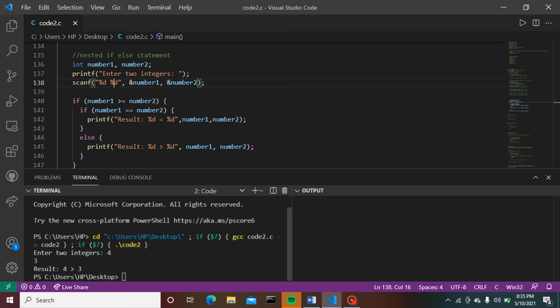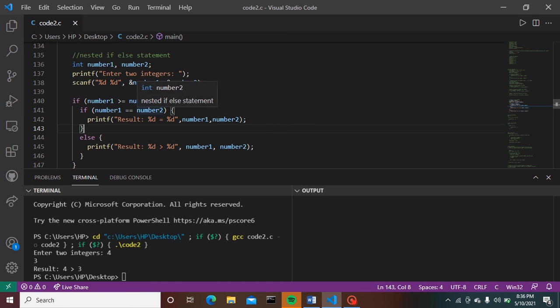3, to the compiler. Here I have provided an if statement and else statement, but in this if statement I have provided two conditions: if number 1 is greater than or equal to number 2, and if number 1 is equal to number 2, then it gives the result number 1, number 2 is equal.